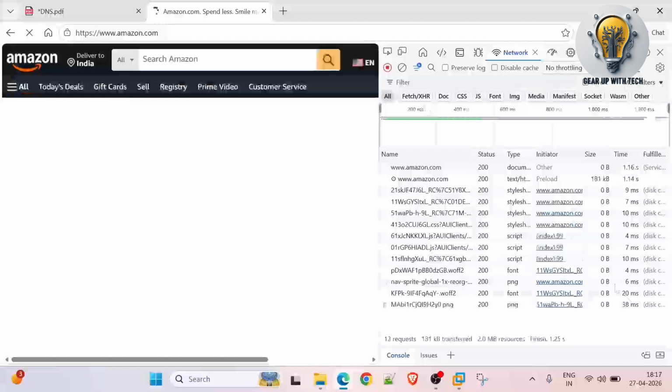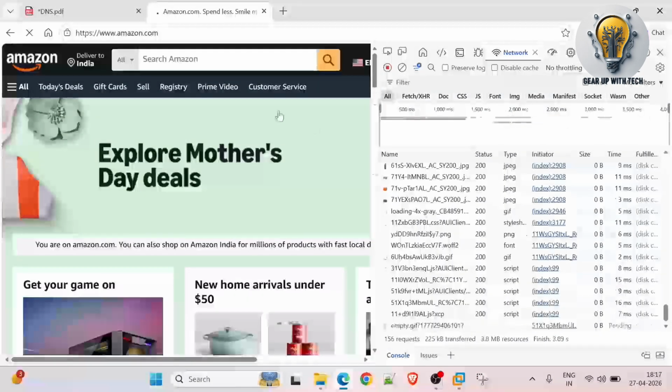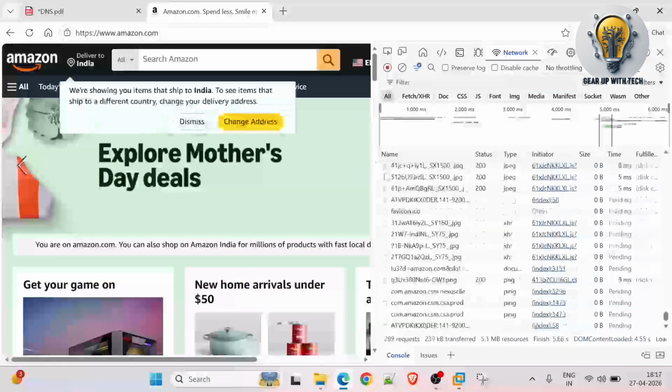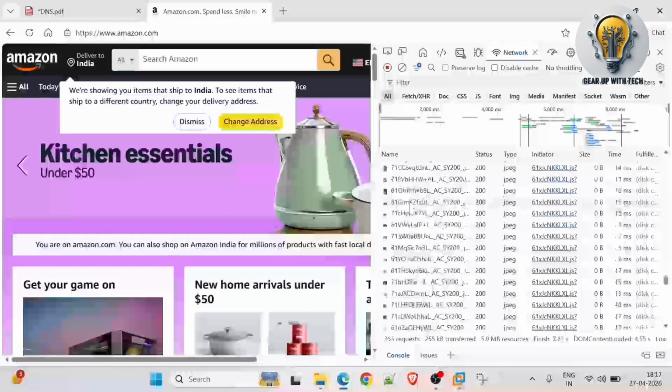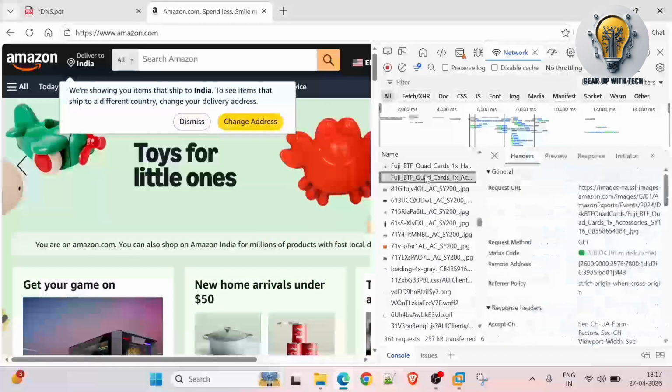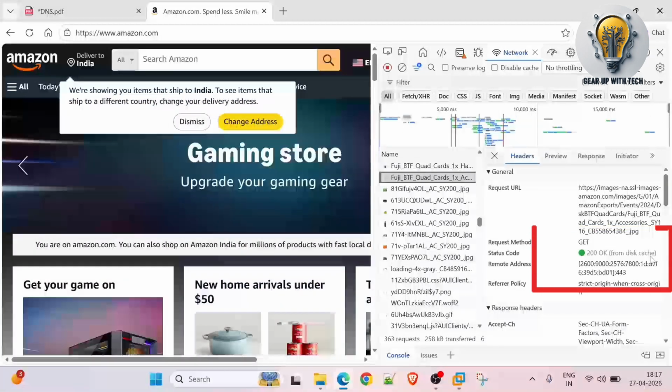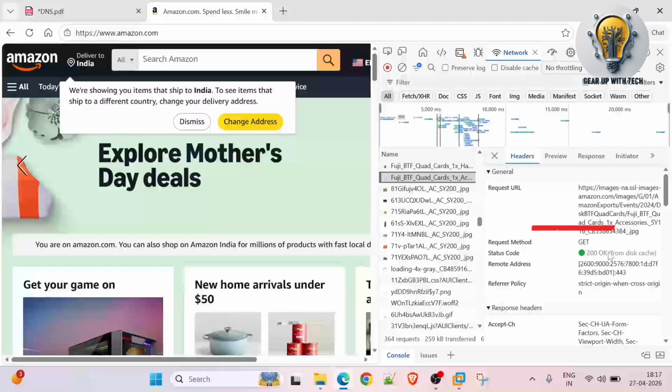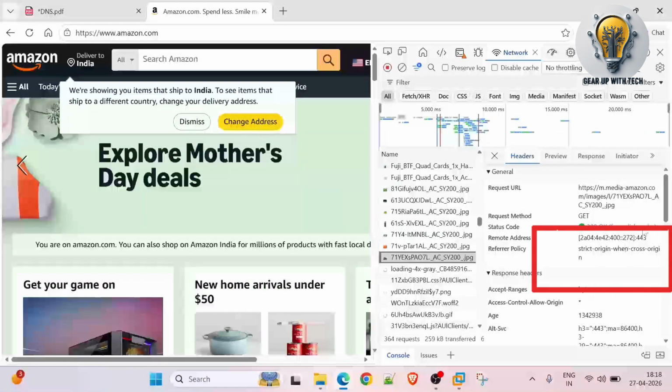Reload it. So reload completed. Now for any request, we can see 200 OK from disk cache. It is not going to the original server. Initially it was going to the original server. If I take any request from disk cache,